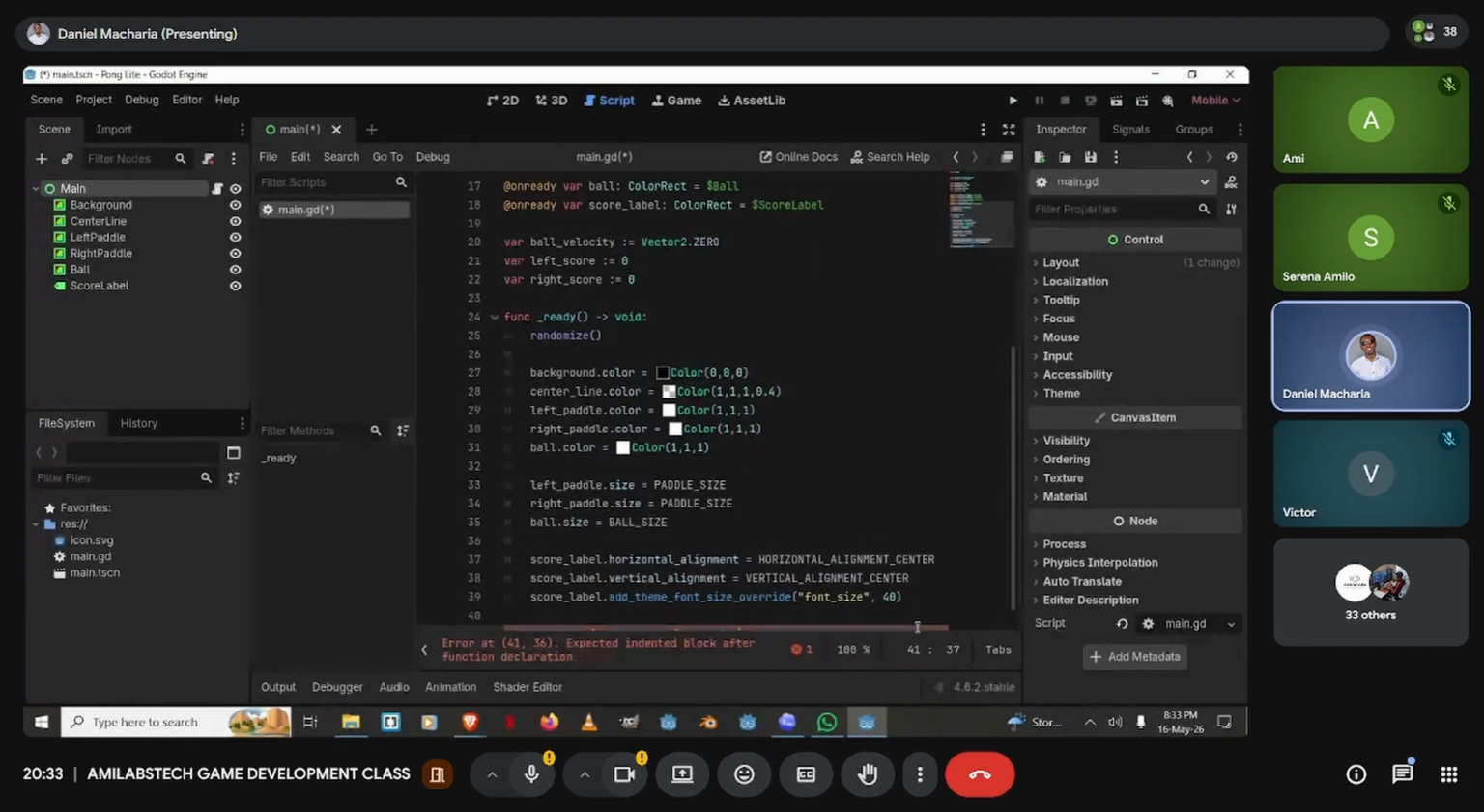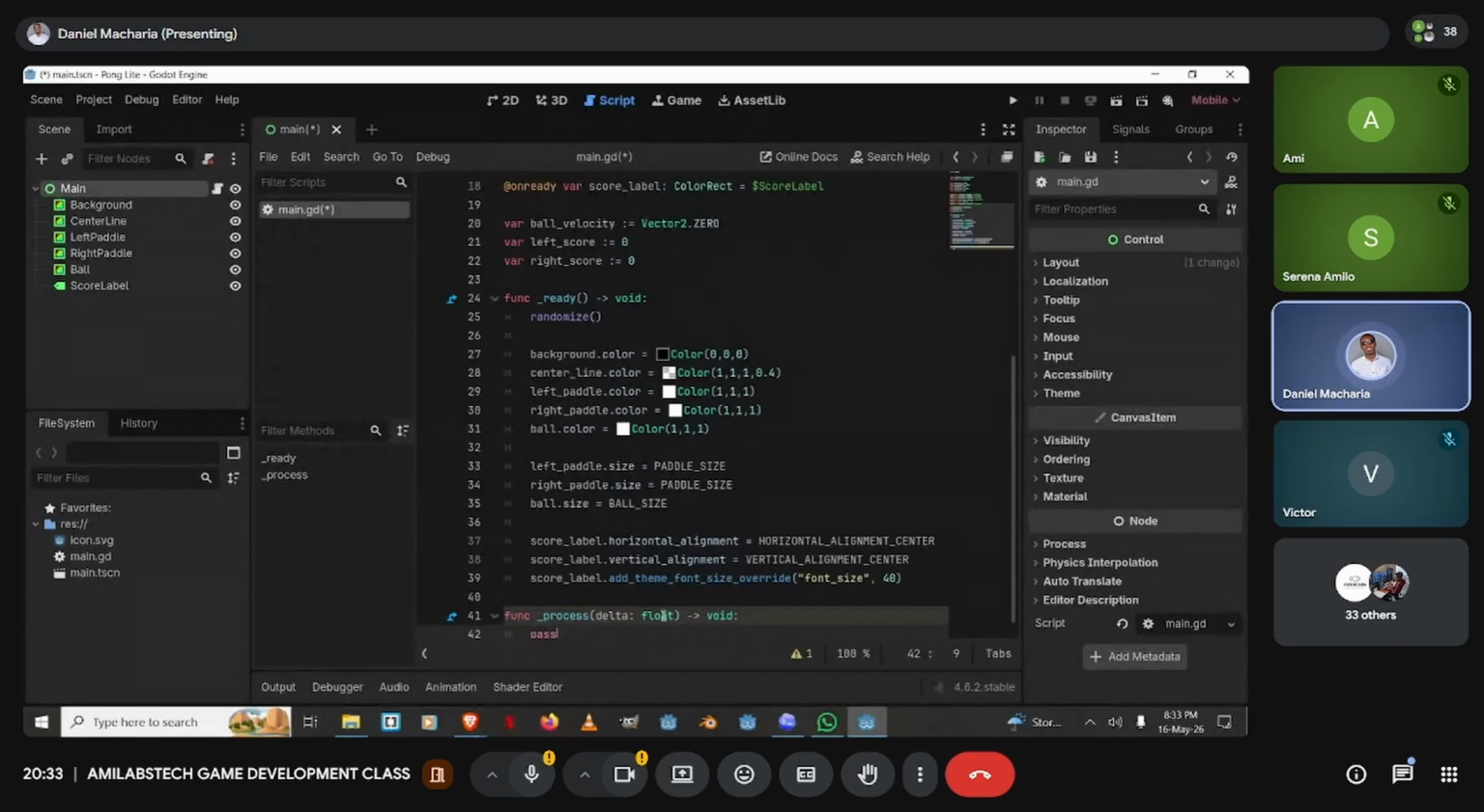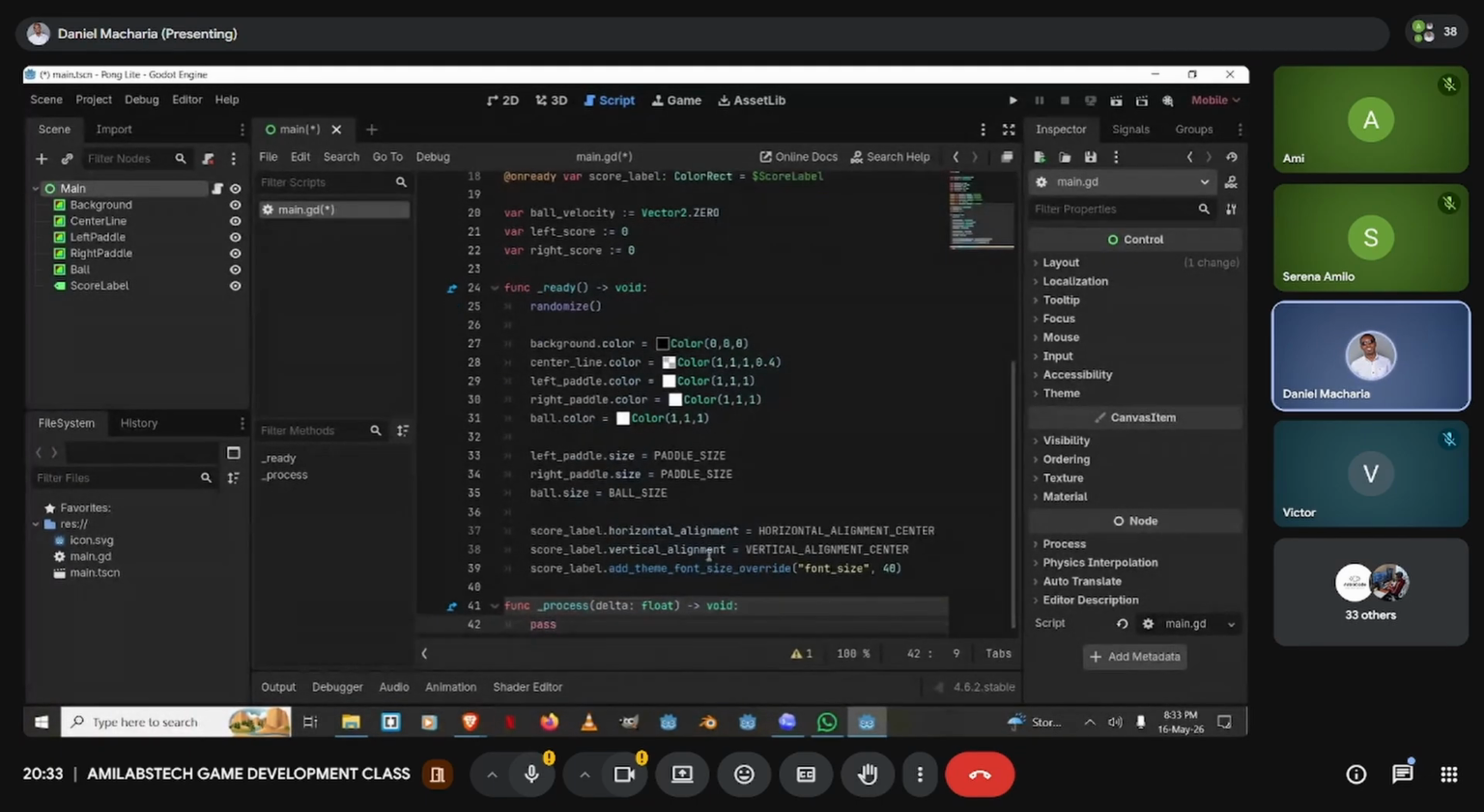Create a new function here called process, with an argument delta, which is a float. For now, we can just say pass. Good. We'll come back to it. So the things that we want to do is,